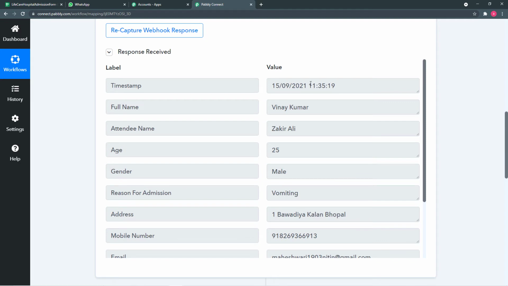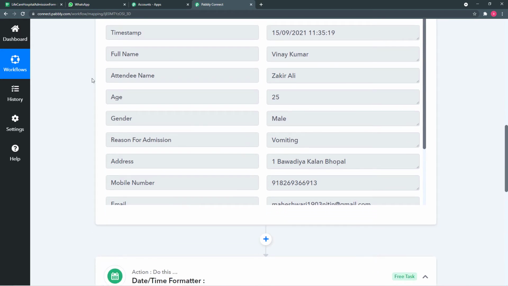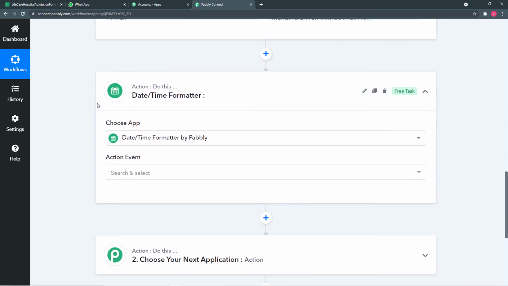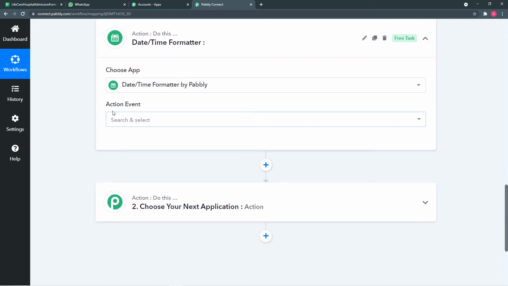We are also putting the time, and this type of time will generally be received when you connect a Google form with your Google Sheet. When you are filling the details through a Google form, this time will also come. Or if you are manually putting the time, then also this time can come. We do not want this time to be delivered when we deliver a message on WhatsApp. So you can remove that timestamp by applying this date time formatter.